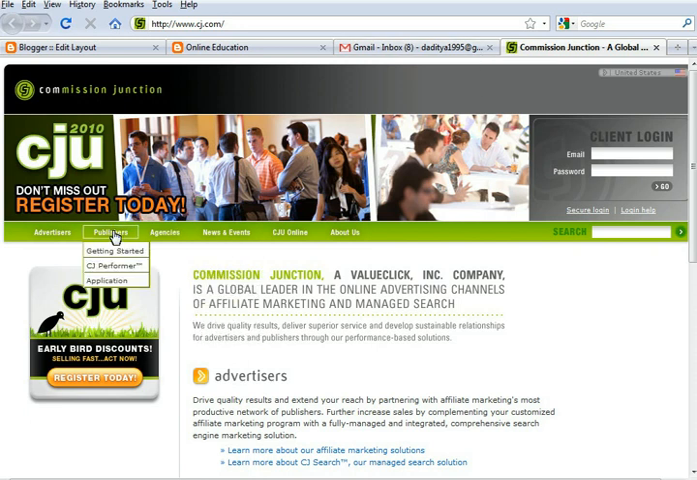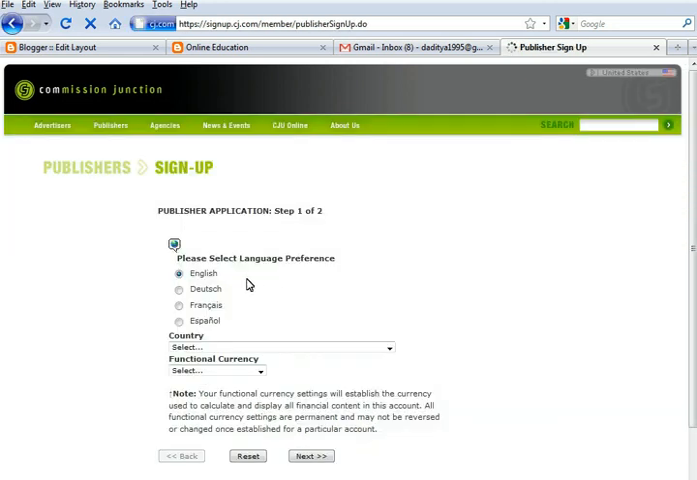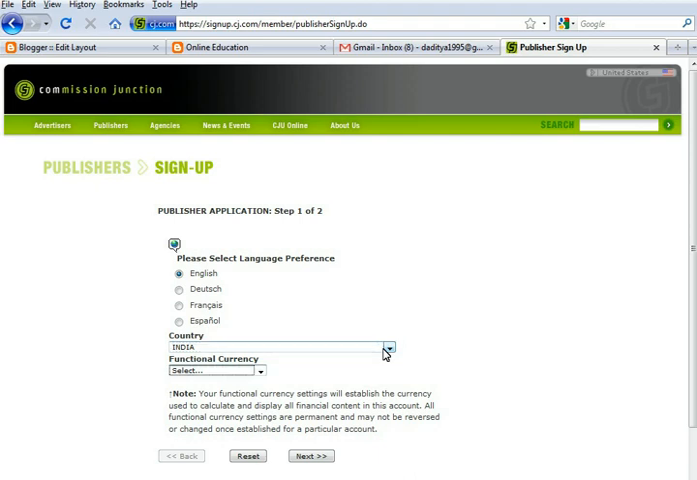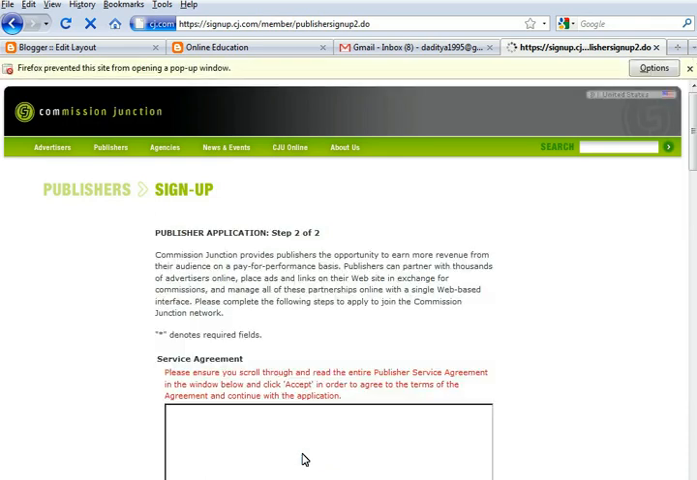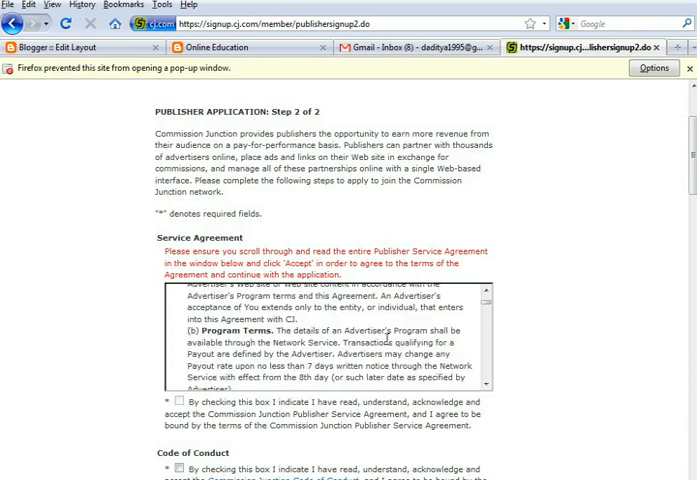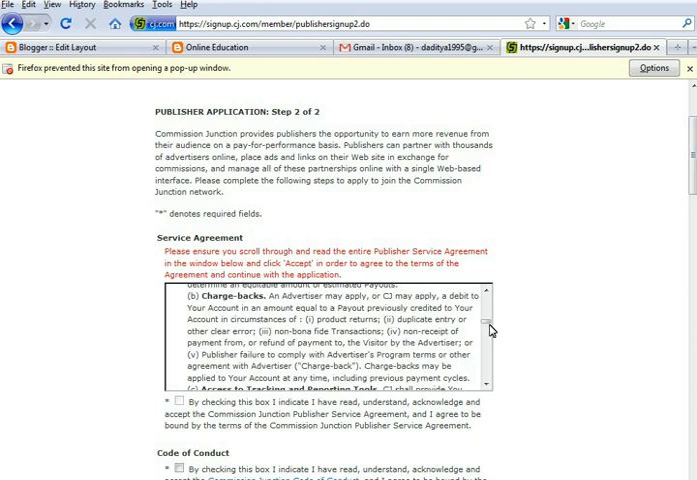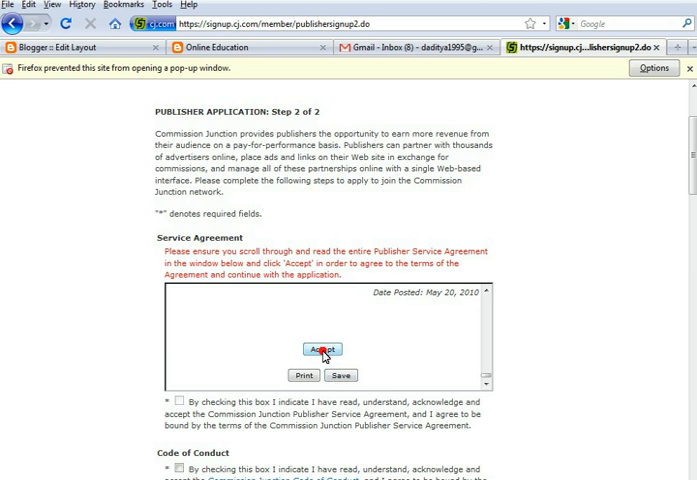So you have to join as a publisher. So click here and just sign up. India, US dollar. Next. This is the service agreement. Just accept this